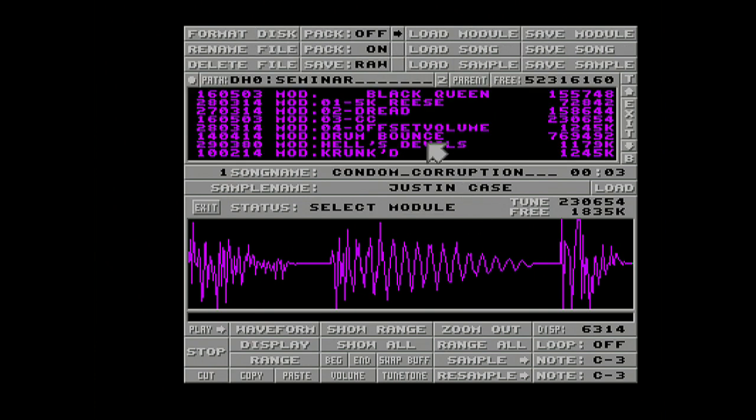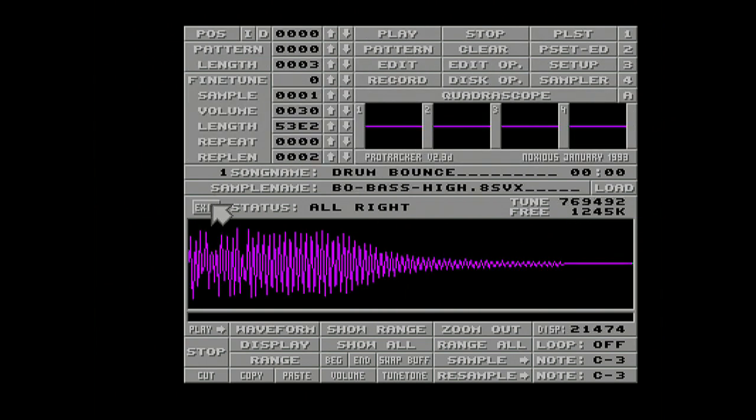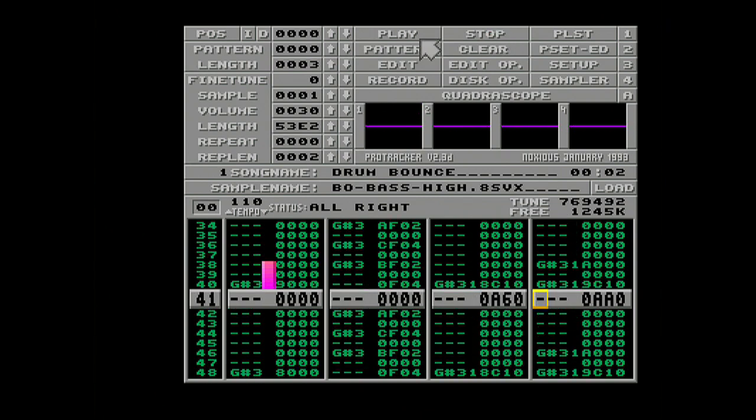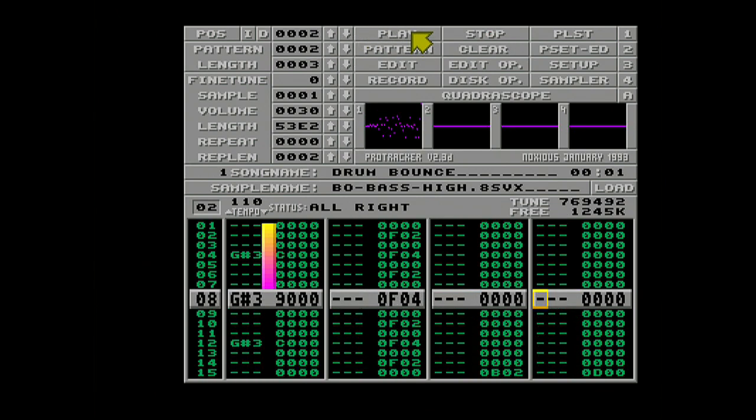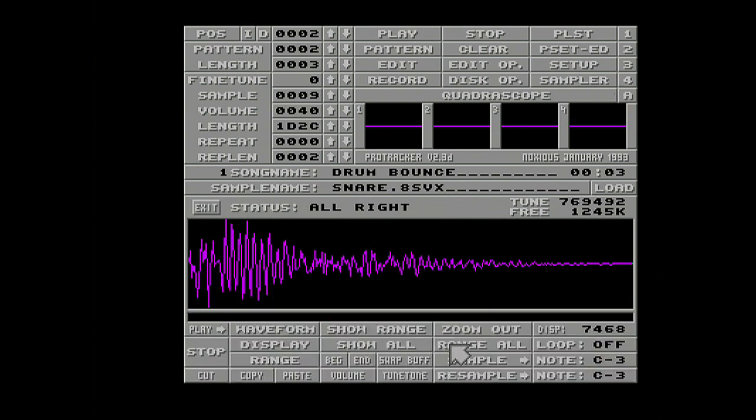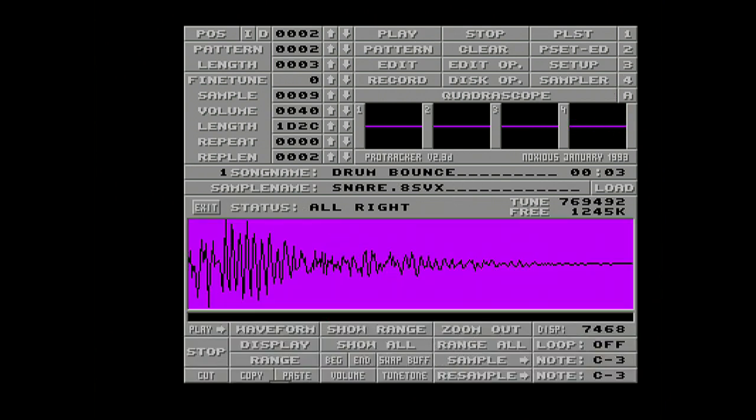To actually do it within Protracker itself, we take a quick example pattern here. So let's just take this one here, for example. Just 3 samples there. So what you would do is there's your kick, snare. So you range that, copy it,